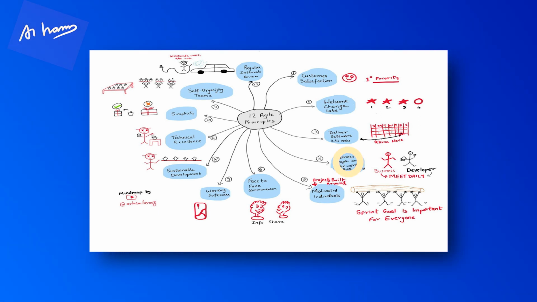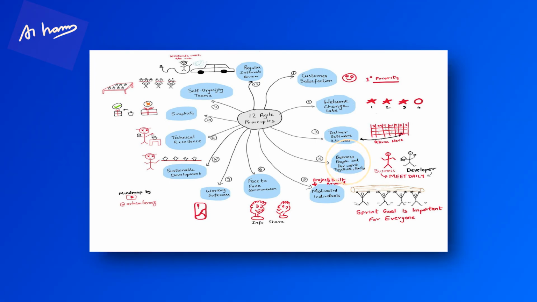Okay. Then the next is that business people and developers should work together daily so that they understand the requirement better, have a great shared understanding, and build the software in a very nice way. Many times organizations don't let developers work directly with the business people. There are always people in the middle, but that actually slows down the ways of working. I have always believed in this principle. I've made my developers work directly with the customer, so it becomes easier for them to understand the requirement and deliver the best software that works for them.